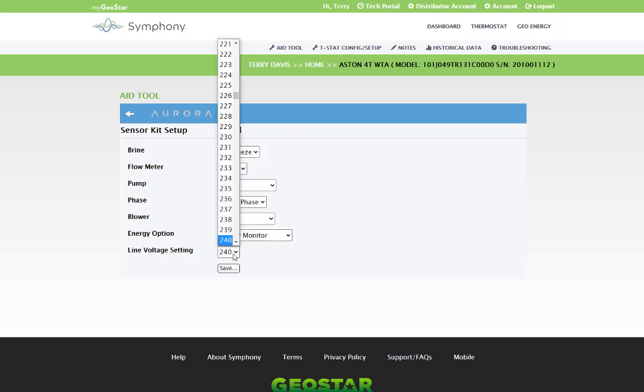And voltage setting. This, you want to measure the voltage when the unit is under operation. You know, it might be coming in at 240, but once it's under amperage, it might be down to 233, 230. And this affects the power monitoring. So you want to verify that, use it as a placeholder for the moment, but definitely something you want to confirm. So we're going to save all that,